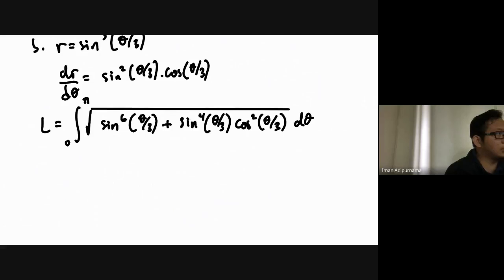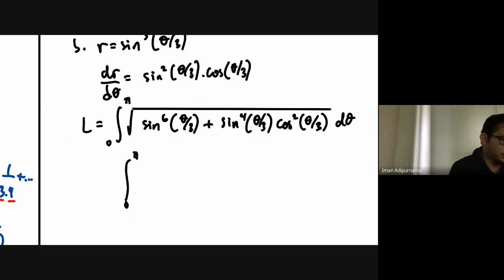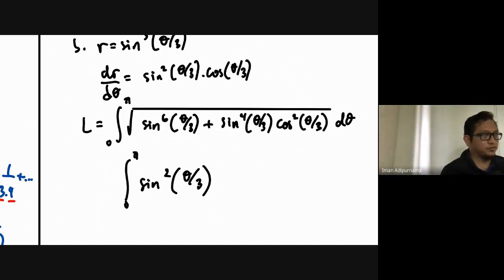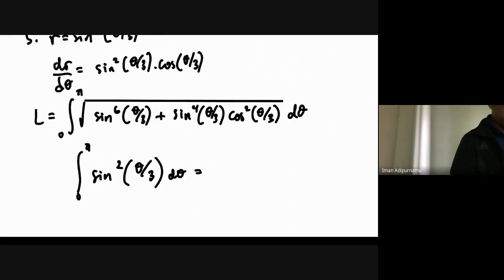We can factorize, and eventually after you factorize you will get sine squared. So from the sine 4, this one and this one, you get the square root, and you will get this. And every time you get sine squared or cos squared, just use the double angle formula to solve that integration. You will get eventually,